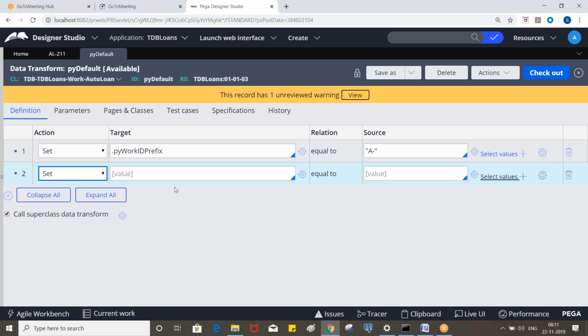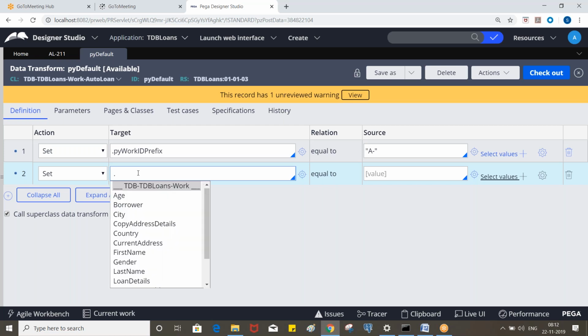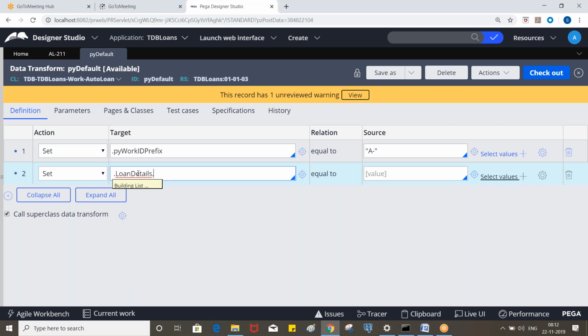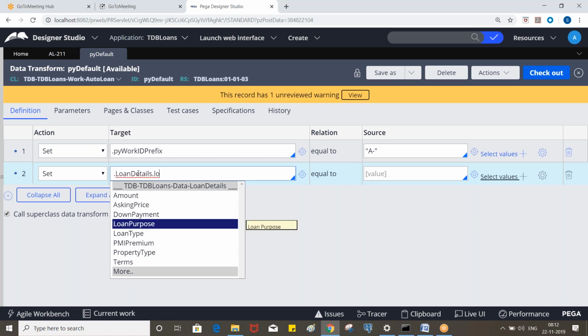This will assign the value to the loan type property. Clear? Tell me, what is the property name? Loan type, right? So where is that loan type property available? On which page? Yes, loan details dot loan type.